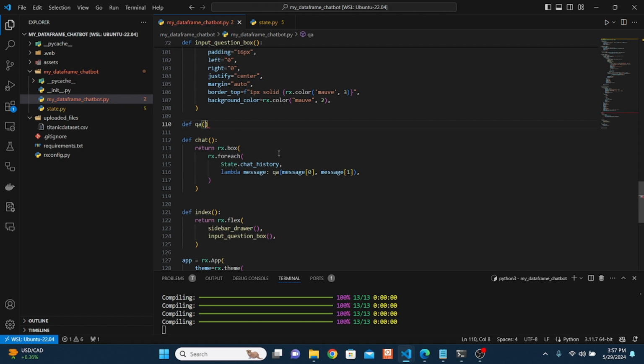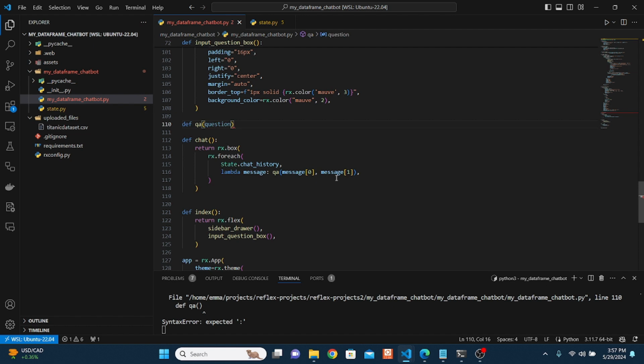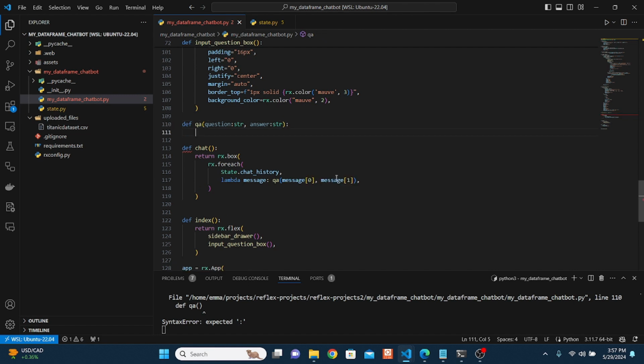So you notice I'm passing the question and answer. So this component is going to accept arguments. The question is a string. Answer also is a string. Return